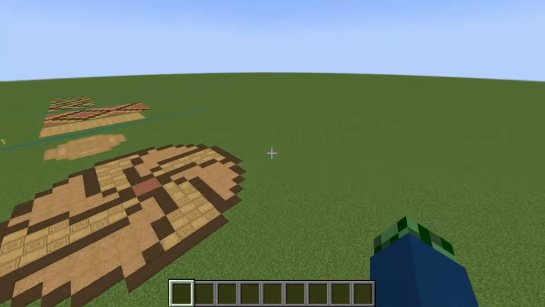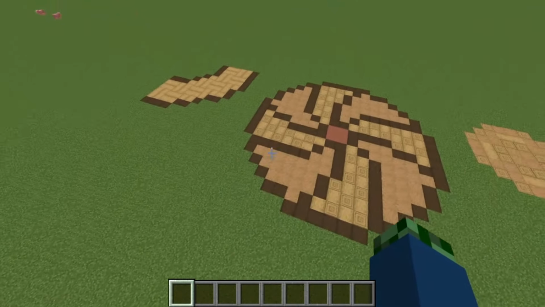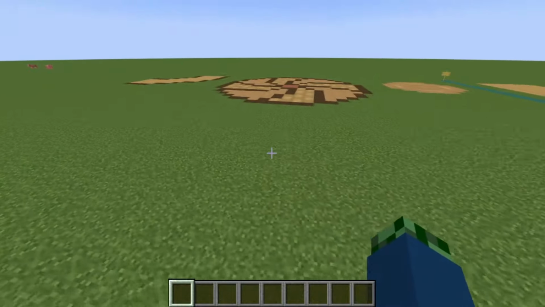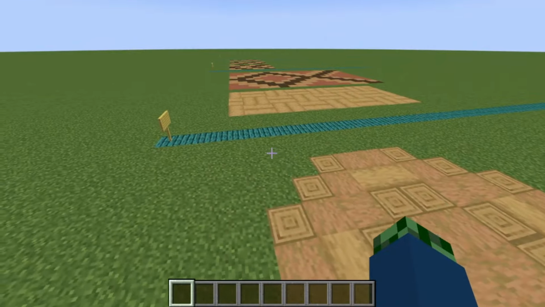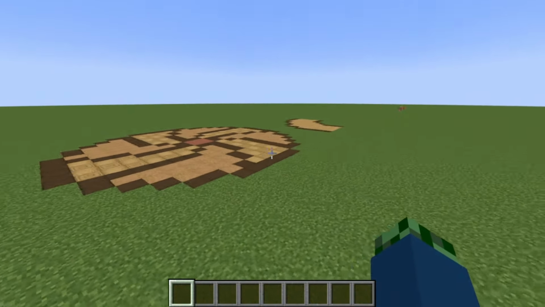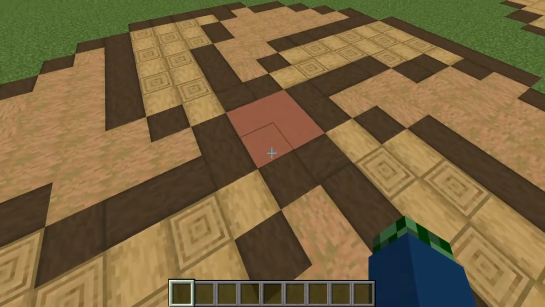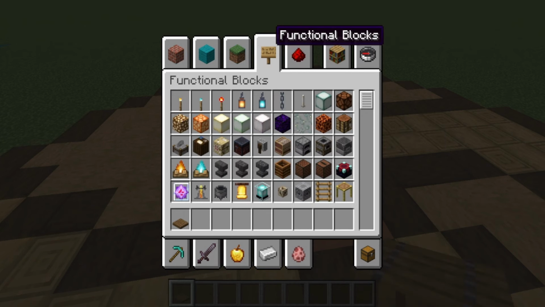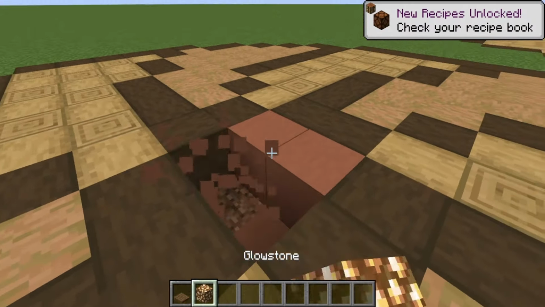Now there are certain advanced techniques I did leave out due to time's sake and also due to the fact that we're on a super flat world. Among those would be the mirrored floor, which is basically inverting your build under the floor of a glass pane or other transparent block. You may also want to include hidden lighting in your floor, such as you would with this. So we would basically just hide under here,